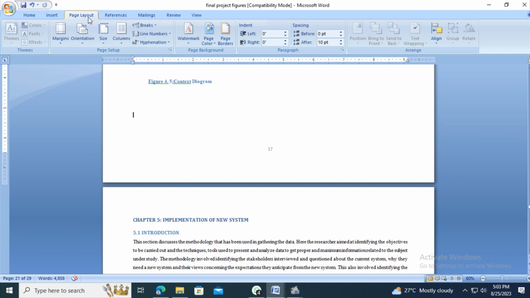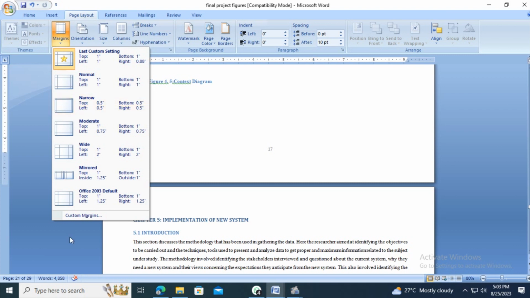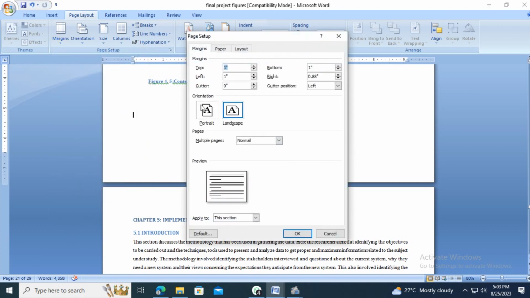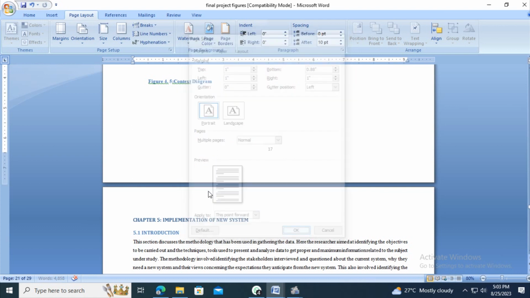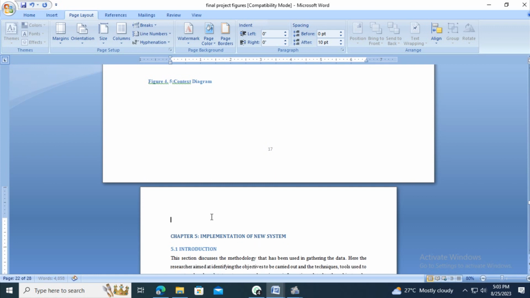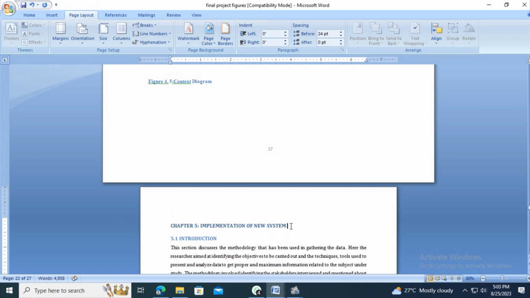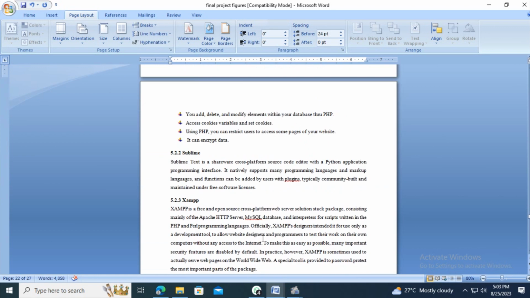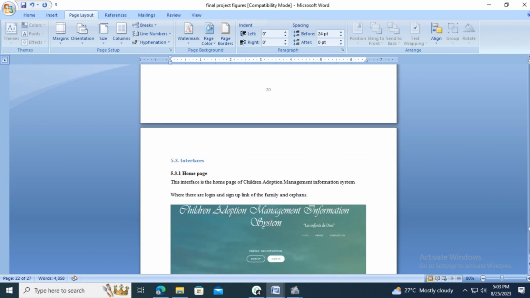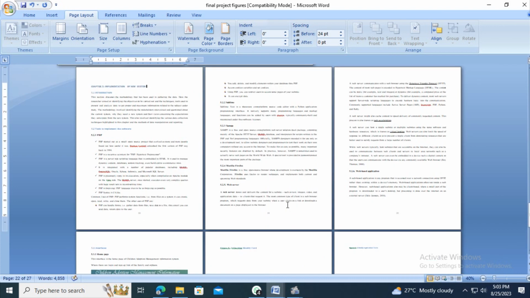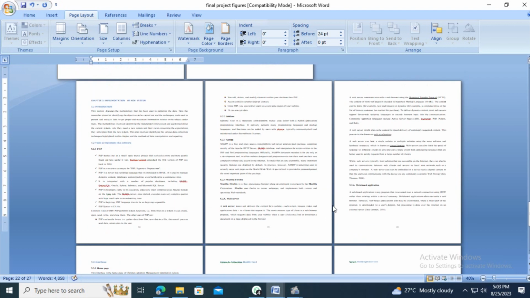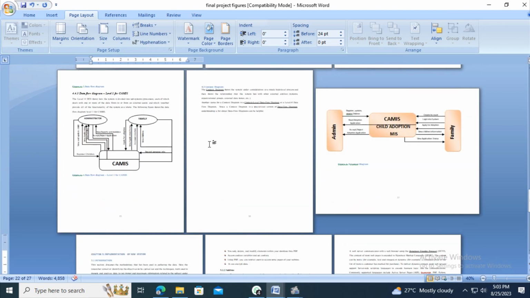Click on the previous page, then click on margin, custom margin, then use portrait and apply to this point forward. This point forward is portrait. See, here it is good,